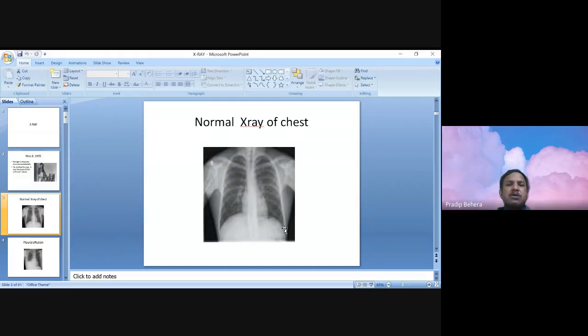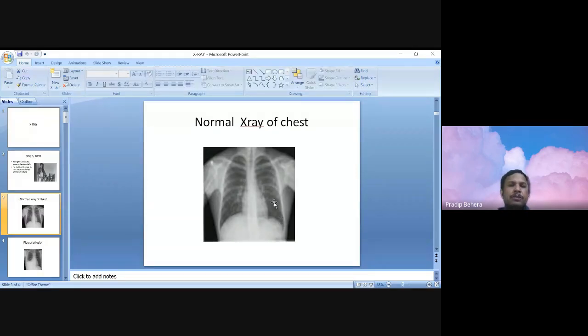Next comes the costophrenic angle. The costophrenic angle is the angle formed by the dome of the diaphragm and the border of the thoracic wall. This is very important when we read the chest X-ray. Any presence of pleural fluid, or extra fluid, will obliterate the costophrenic angle. This will be a homogeneous opacity due to collection of fluid, either pleural fluid or pus inside. This is evidence of pleural effusion.